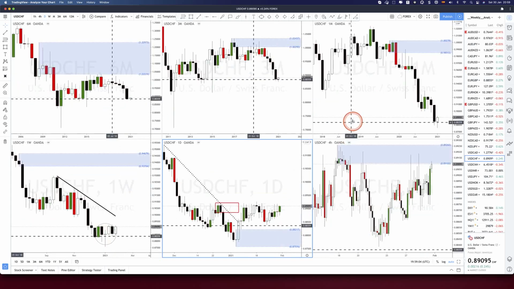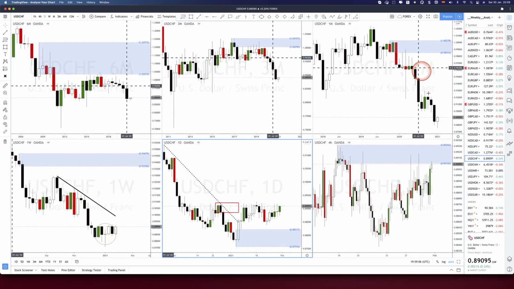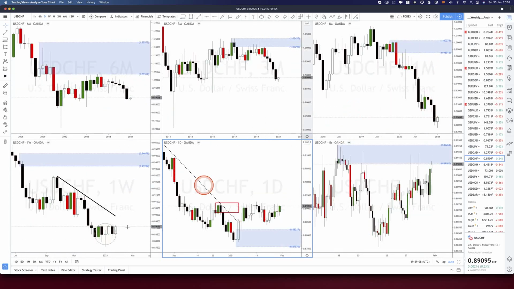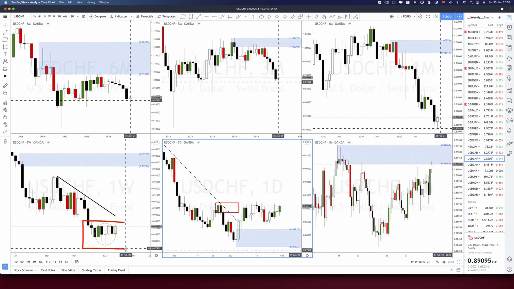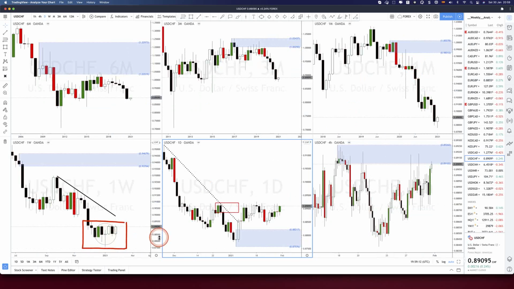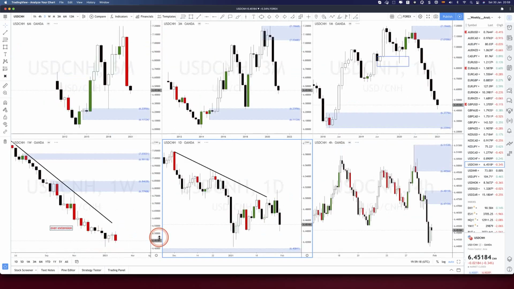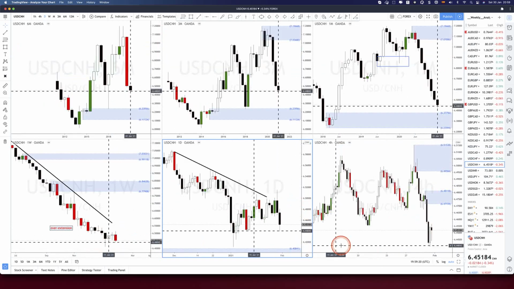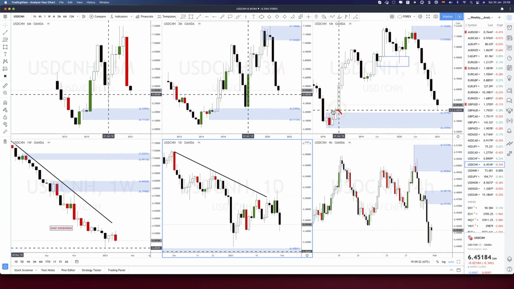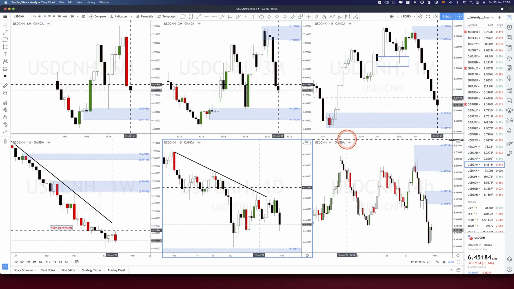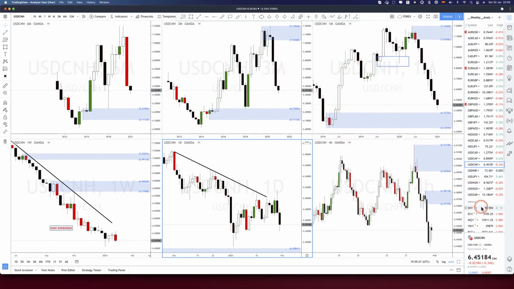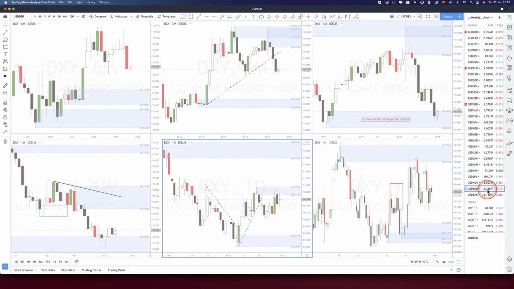Swiss franc versus the dollar. After a very strong bearish impulse, we need a bigger retracement. Weekly is at balance. We will see this price action almost on most of the dollar cross pairs for counter trend. Chinese yuan versus the dollar keeps on dropping, unable to reach the monthly area of demand like it happened on the dollar index and on Singapore dollar.